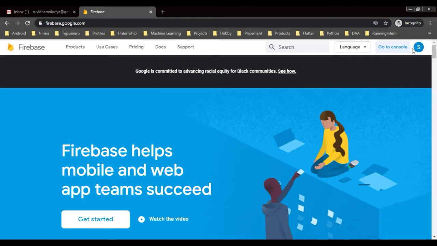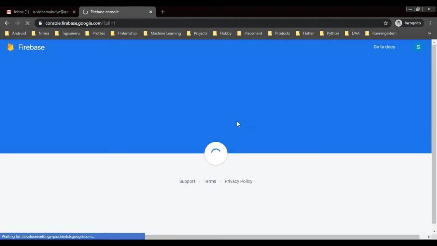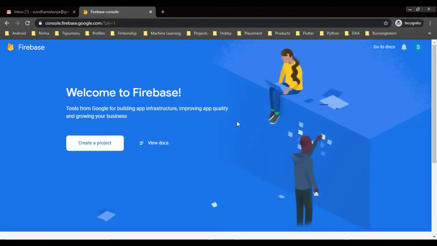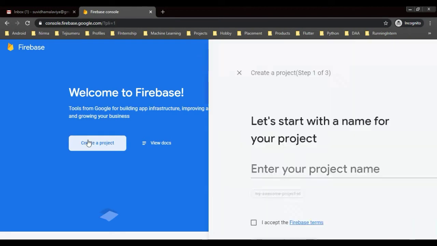Firebase provides us the functionality of a real-time database. So we don't need to code our admin panel in PHP and host it on our own hosting site. Firebase provides that functionality as well, it is real time, and we don't need any hosting servers. So click on create new project.